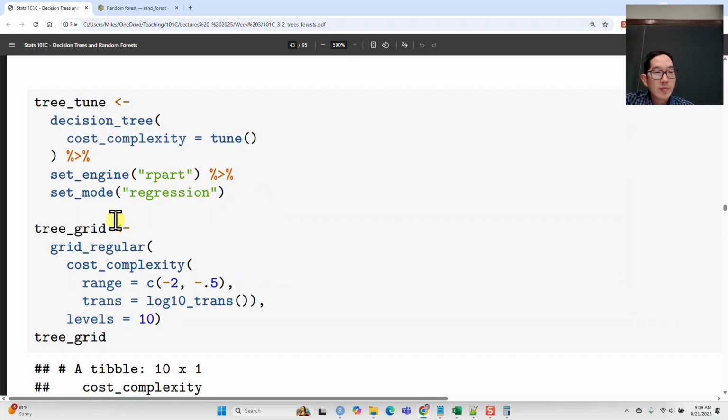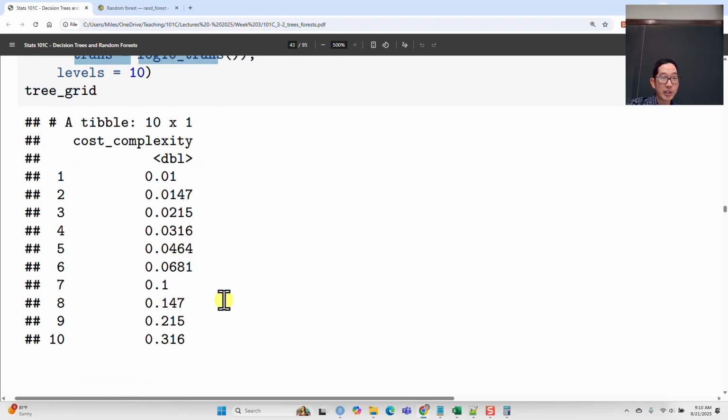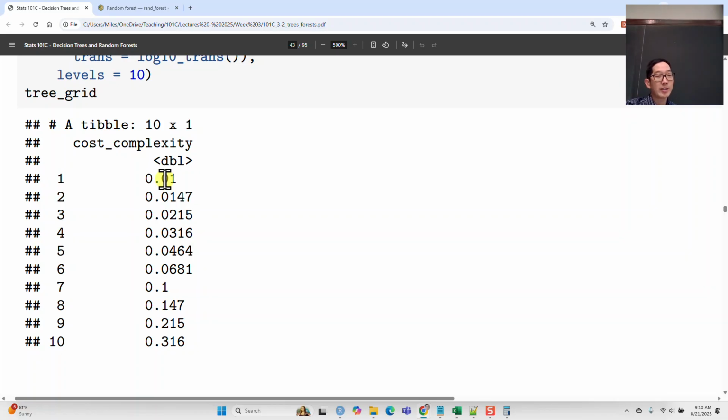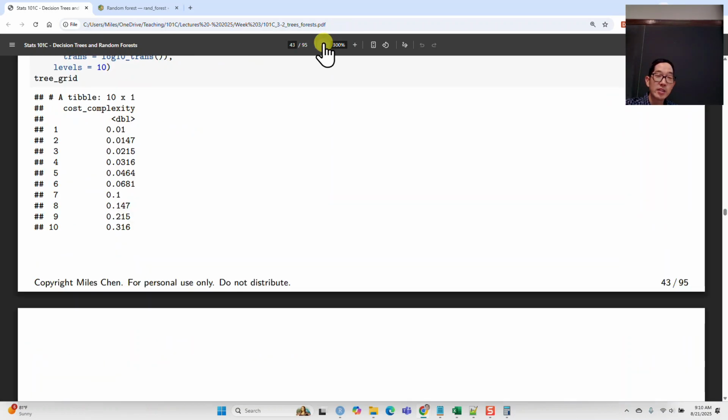And then we're going to try out several different values. Okay, and so for our cost complexity, I'm going to do a range from -2 to -0.5. This is log 10 transformation, and so basically these are my different levels of cost complexity. I'm going to try 1%, that's -2, and then 0.0147, 0.0215, 0.036, 0.04, 0.068. So I'm going to try all of these different cost complexity parameters, and we're going to fit a decision tree